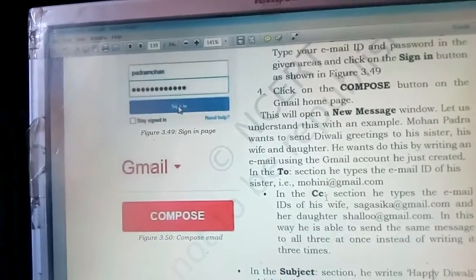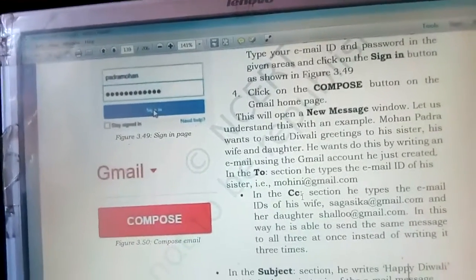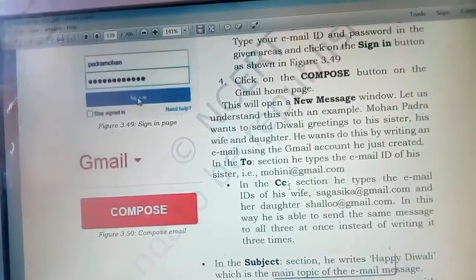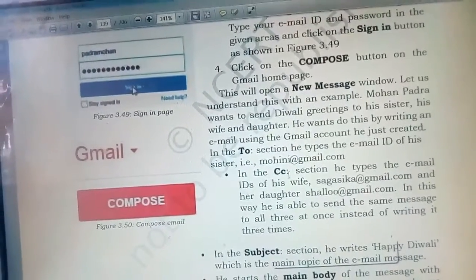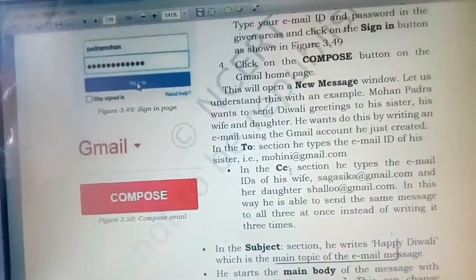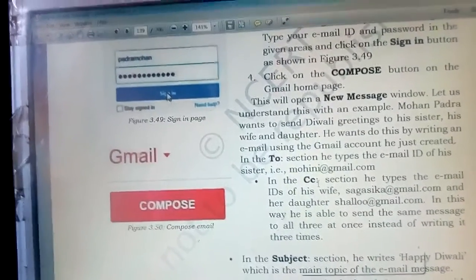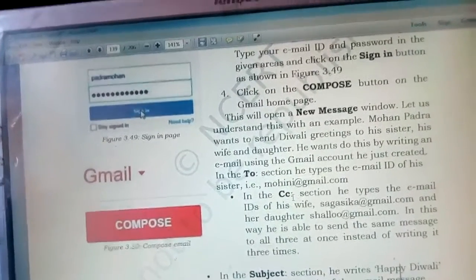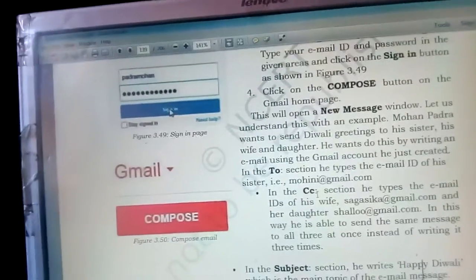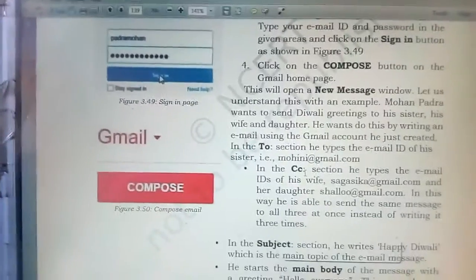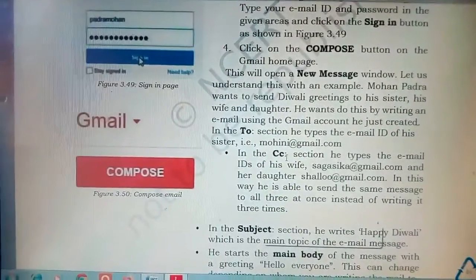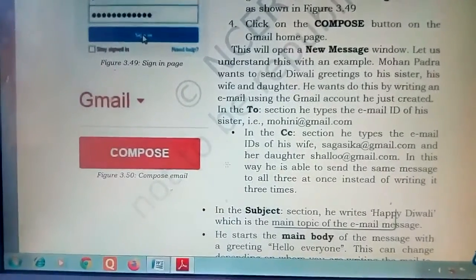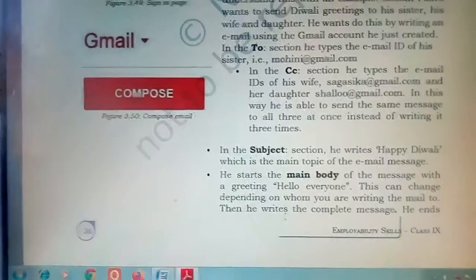Next one is the subject section. This contains the main purpose of your email, in short. Message area, next thing, is the main body of your email, where you have to write the greetings or message. And toolbar contains the icons which allow you to send, format, attach, insert photos, discard drafts. Draft means suppose you have created the message but you have not sent it, so that will be saved in draft, and afterwards you can use it.